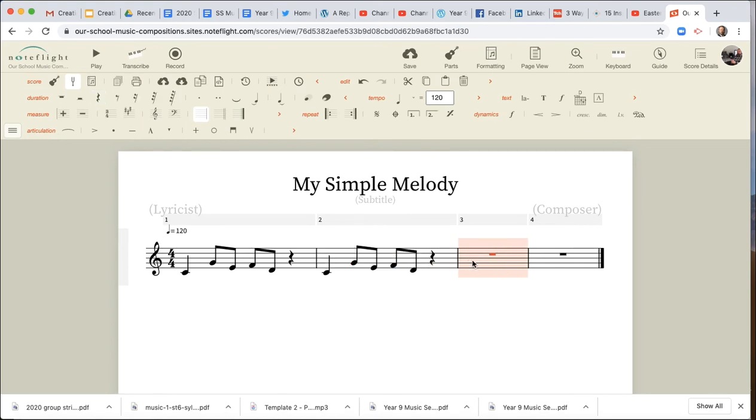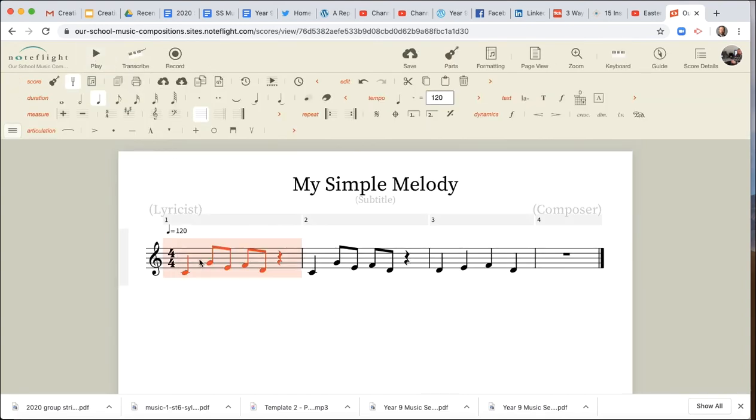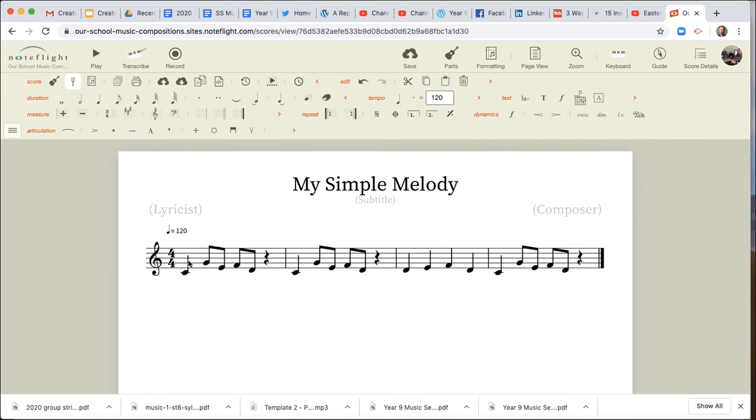So we've only got to write another different little bar here, and I'm going to make that on a D. I like that sound. Let's just have a listen to that. Okay, keep it simple. I'm going to edit, take that bar, copy that, and then I put my cursor there, and I've done the task because I've got this little tune